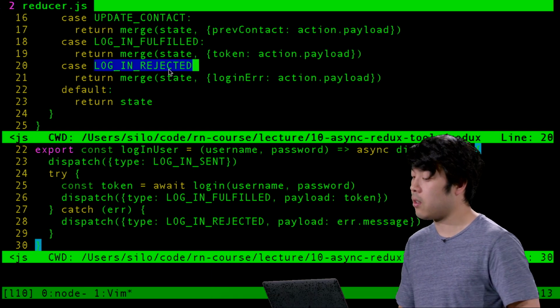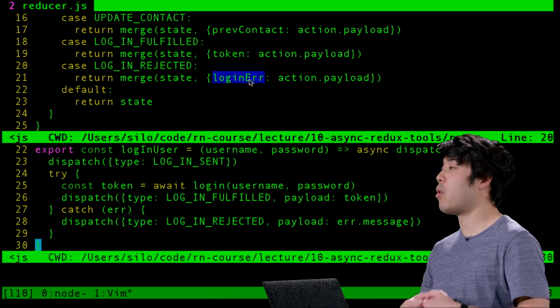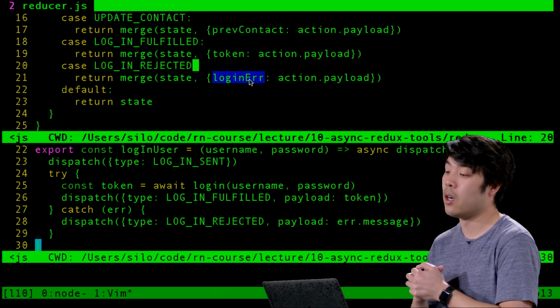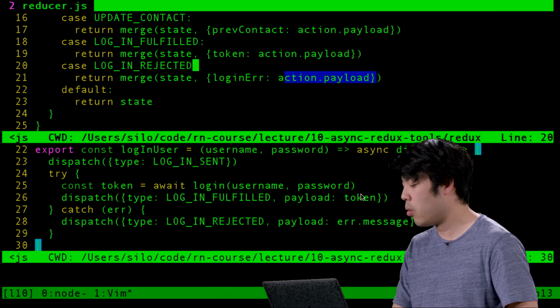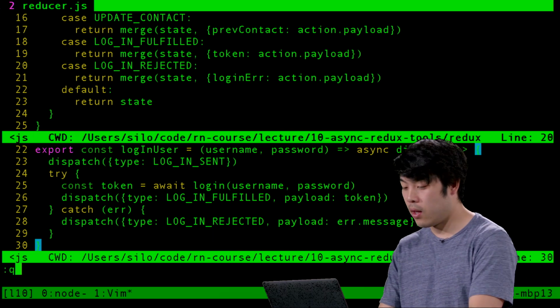It matches this here, loginRejected. It ends up merging the state and adds into our user state this thing called loginError. And the value of that is the payload, or the error message that comes back. Then what happens with that error message? Well,